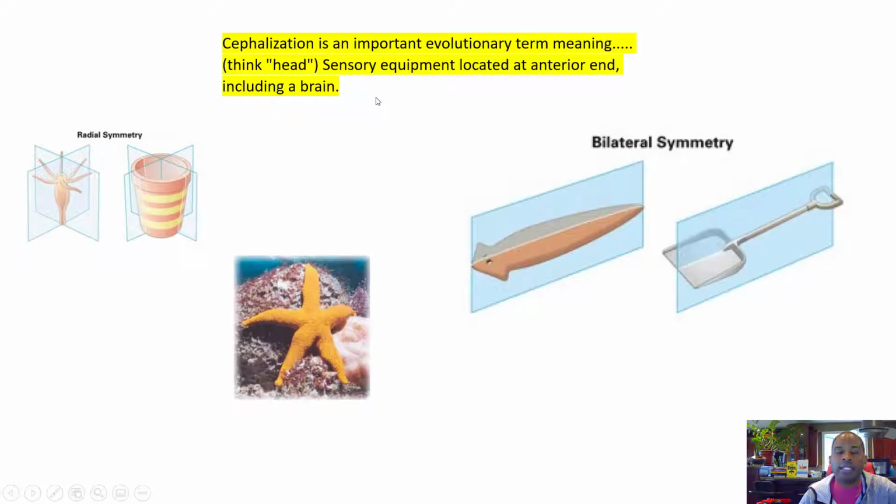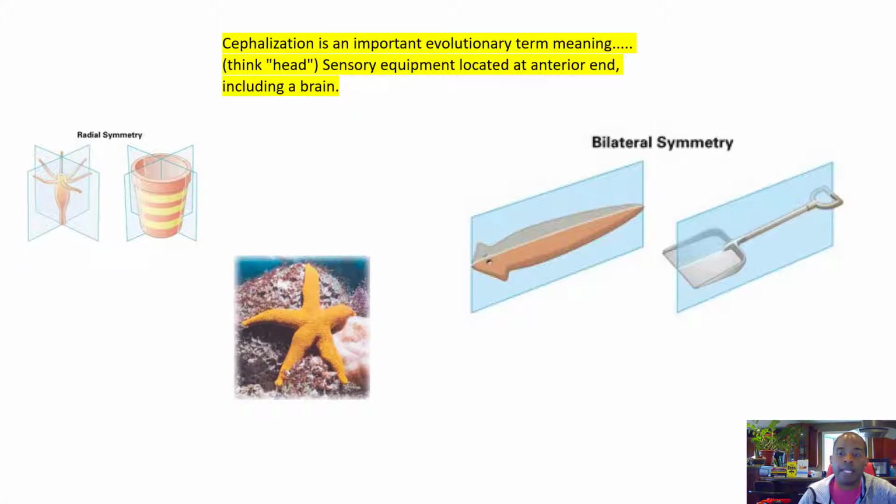Now this one was a little bit tricky because I said it, but I never wrote it. And so, of course, you're not going to think it's important, but I did emphasize it when I was talking about it. So symmetry: your animals, the very simplest ones, your sponges, do not have any symmetry. They're asymmetrical. Then you get into your cnidarians, which have that radial symmetry, and you see that in the echinoderms as well. And then most of the animals are bilaterally symmetrical.